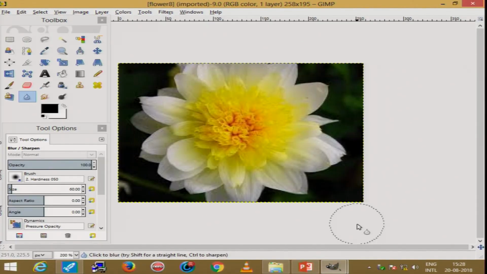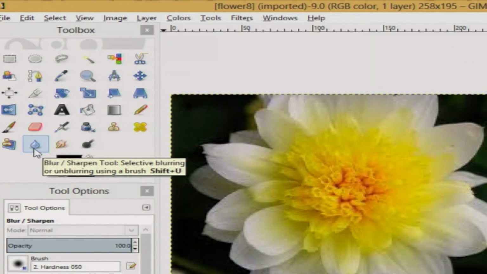For this we have already opened the GIMP software, and one file is already on the screen named flower 8. So you can also open first of all GIMP software, and then you can open some image file on which you are going to learn the tools. So let us start with the first tool, that is blur or sharpen tool. You can find it from the toolbox where I am pointing right now. Just click on this